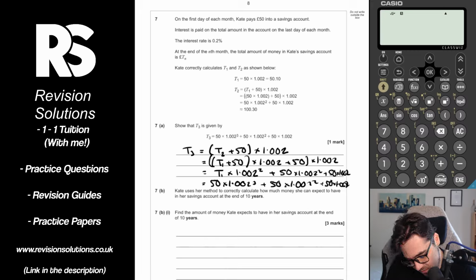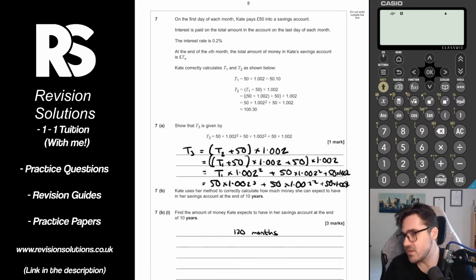Kate uses a method to correctly calculate how much money she can expect to have in a savings account at the end of 10 years. Find the amount of money Kate expects to have in her savings account at the end of 10 years. Okay, well, first off, notice it's changed from months to years. So we have to think about, well, 10 years is 120 months. So after 120 months,